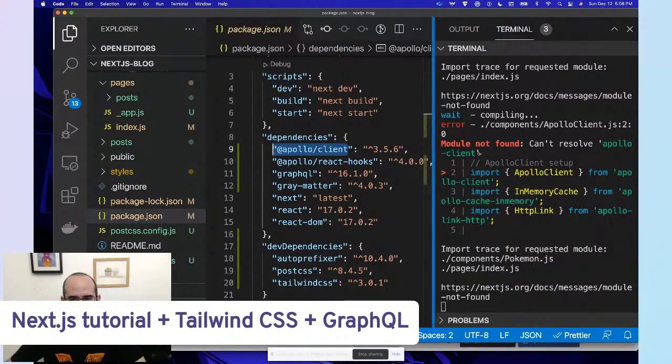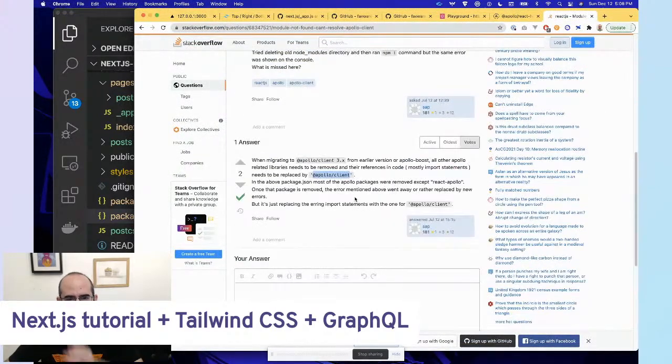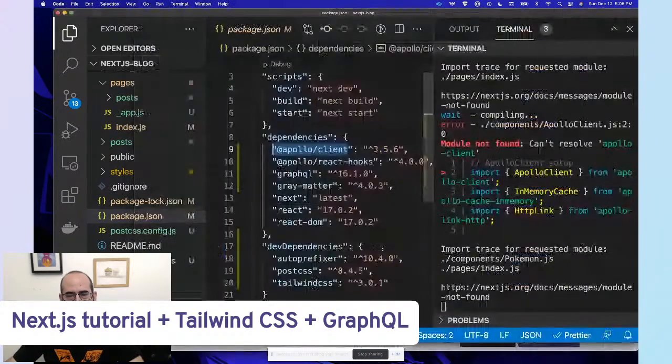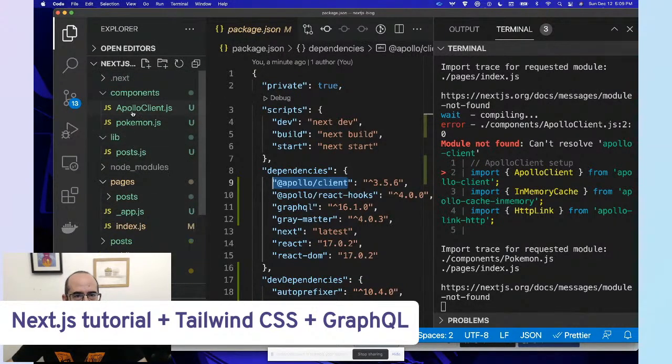So there's Apollo React hooks. So why is it not found? I don't think I understand. When migrating to Apollo client, all other Apollo related needs are removed, and the references in code like miscellaneous import statements need to be replaced by Apollo client. So the question is,